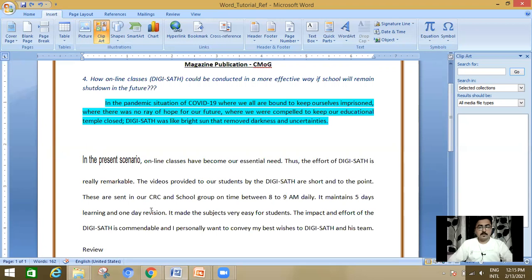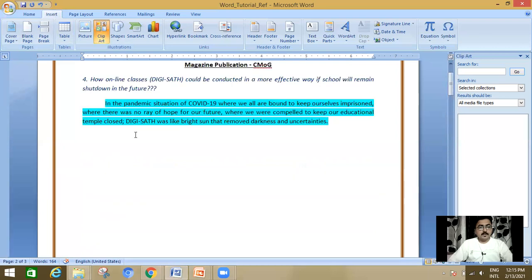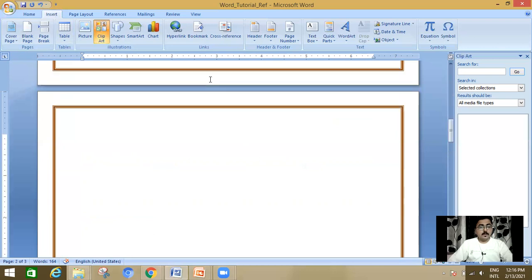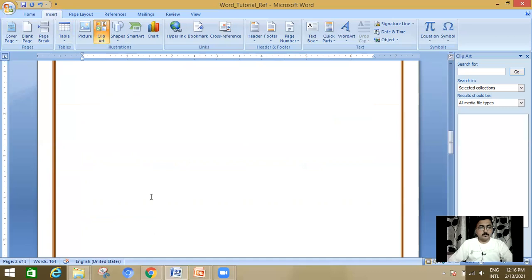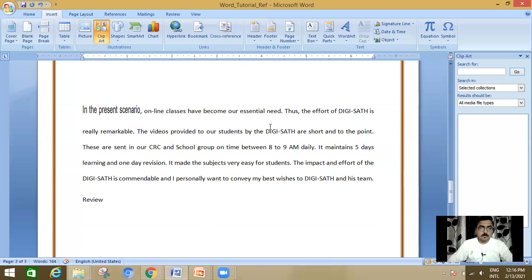I have clicked here. Now go to the Insert tab. In the page section area, click on Blank Page. Now you will see the above part is here, and between it and the below part a new page is included, and after that page the remaining part of your document appears. This is the major difference between page break and blank page. I think it is very clear to you.